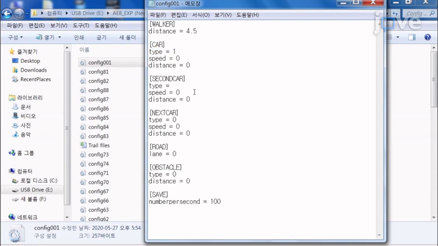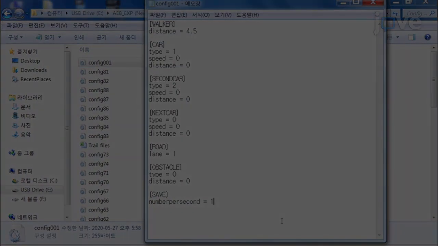Complete the second car section by setting the same parameters. The road section contains parameters for lane selection. Set the parameter lane to 1 to use the lane closer to the pedestrian starting position, or 2 for the lane further away. In the save section, which contains the parameter related to sampling frequency, set the parameter